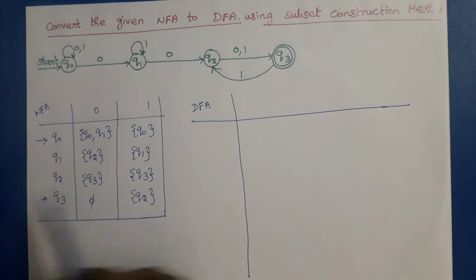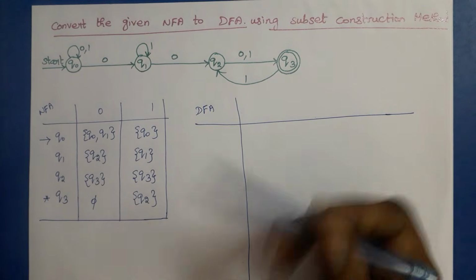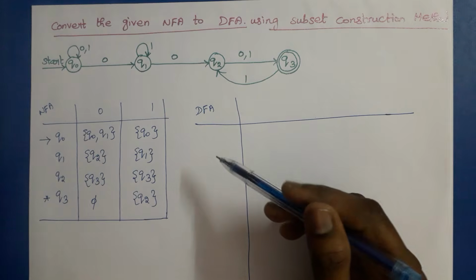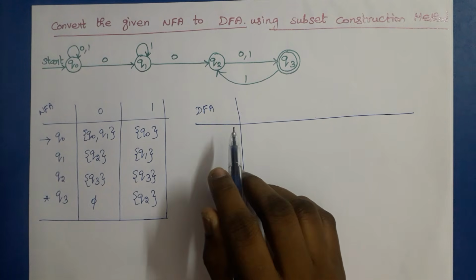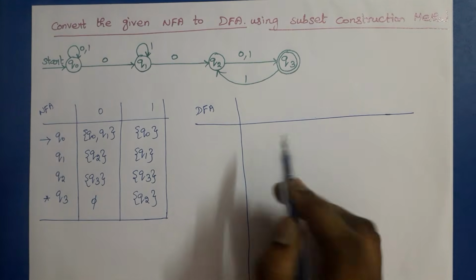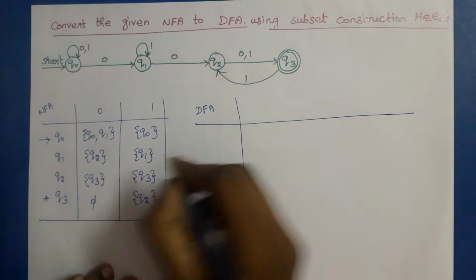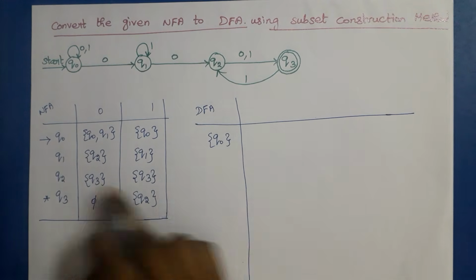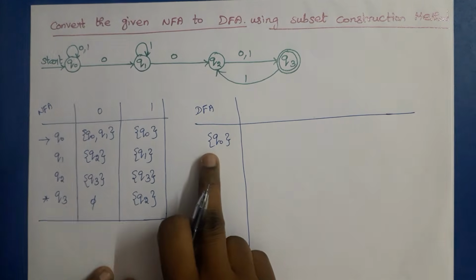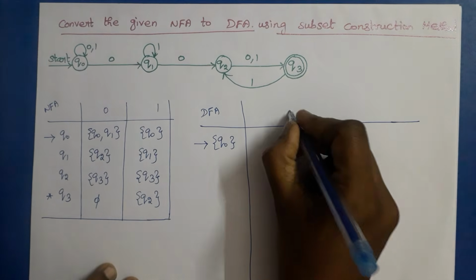Here the number of states is 4. If the number of states of the NFA is 5 or 6, then again the set of states will be very large for DFA. So instead of constructing all the subsets from the NFA, we can construct only the accessible states. So first we have to start with the start state. If Q0 is the start state of NFA, then set Q0 is the start state of DFA. And the input symbols are 0 and 1.